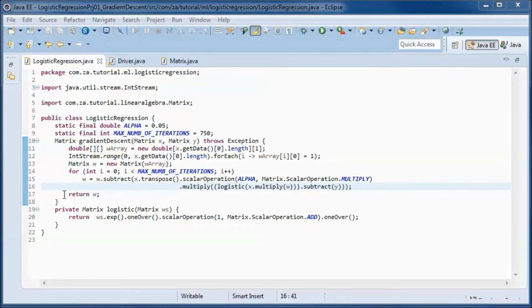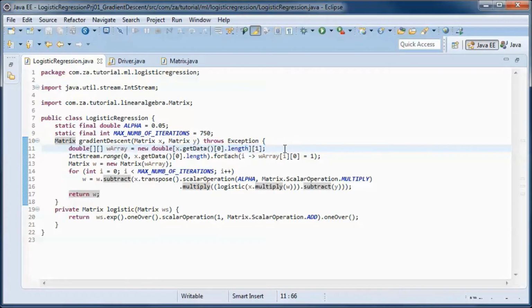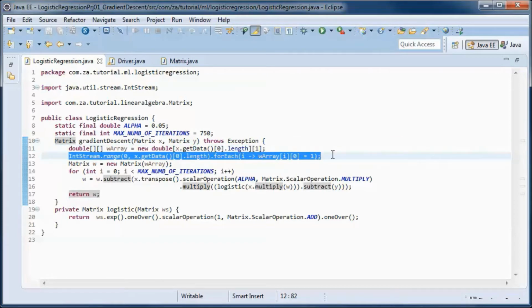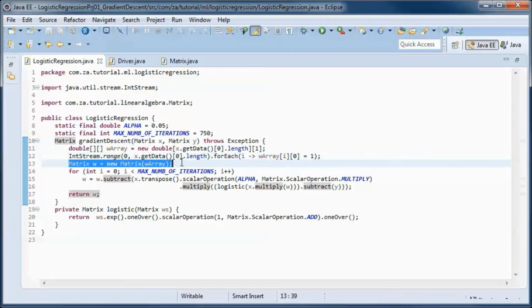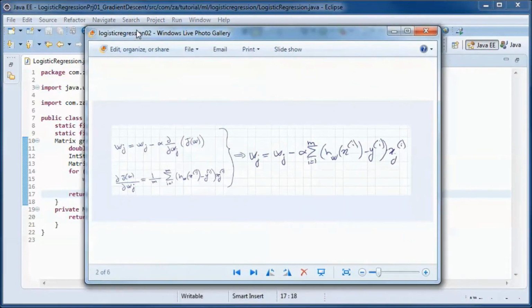So we will be returning a weight matrix. So we start by creating a two-dimensional weight array and initializing it to 1 everywhere, and then turning it into a matrix. And here we apply this formula.